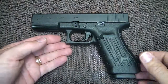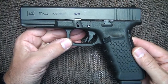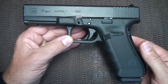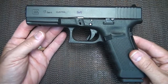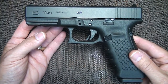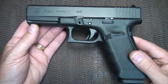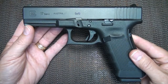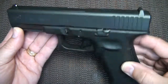Now this is the Model 17, and it's what started the whole Glock revolution. Designed in 1982, but entered U.S. markets in 1986. In fact, they just celebrated 25 years of Glock in the United States. It serves in 65% of all law enforcement agencies across the country. That's over 2,000 agencies that the Glock serves in, and 150,000 pistols. That fact alone gives a lot of credibility for the reliability, the durability, and this gun as far as its